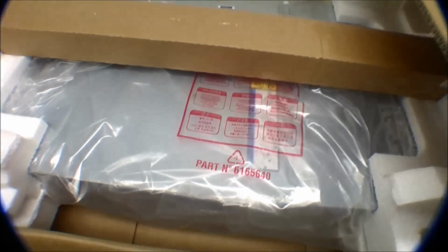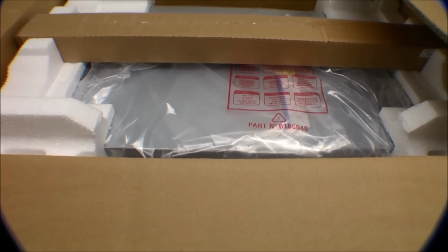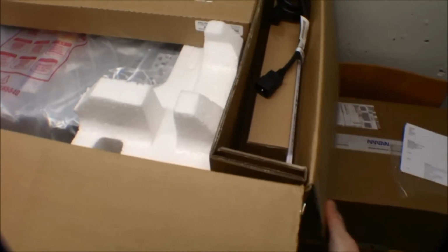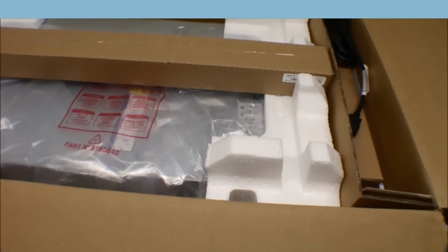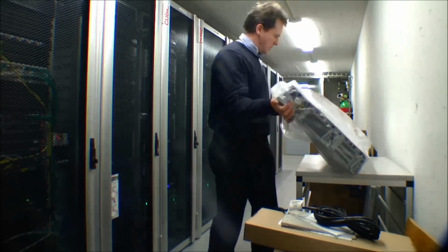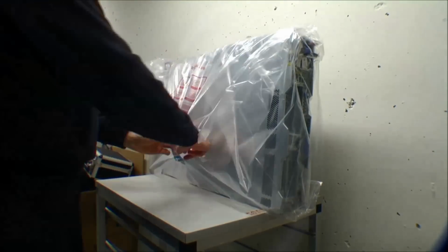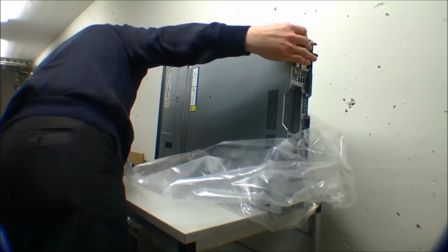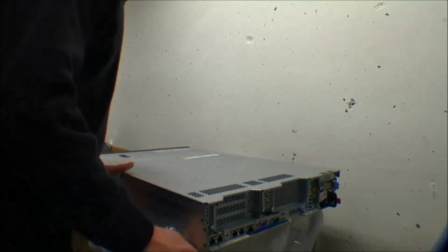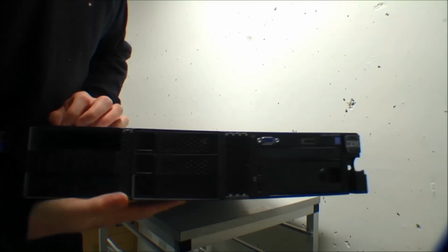So I'm gonna be trying to tell you what we are seeing here, and this is the unboxing of the brand new IBM server, and it's an IBM X series 3650 model M4, and here I'm taking it out of the box and removing the security seals. I think this is something that IBM puts on the servers to actually show you that it's brand new. And I've worked a lot with these servers over the years, and here I'm showing you it's the Model 4,